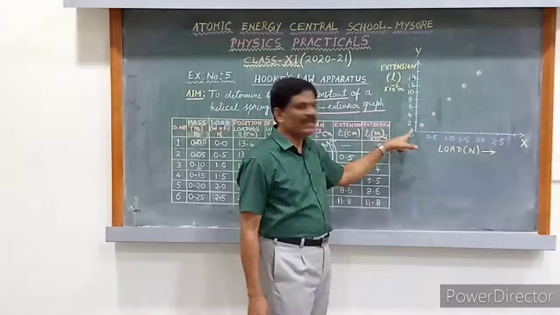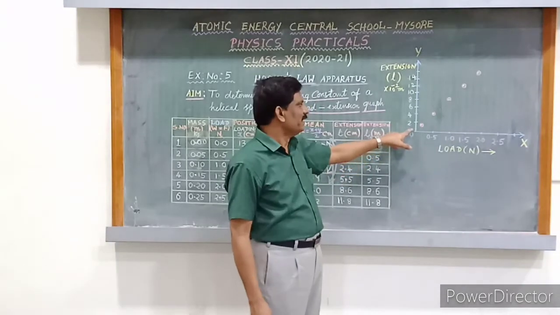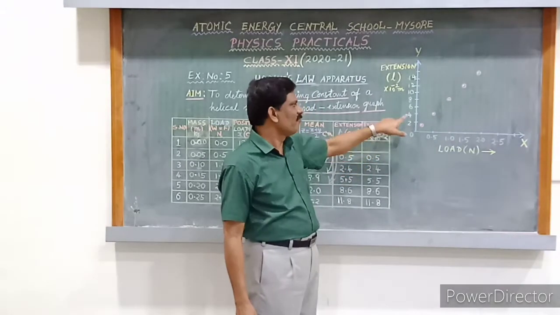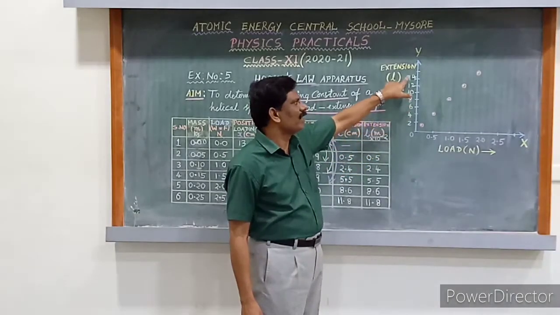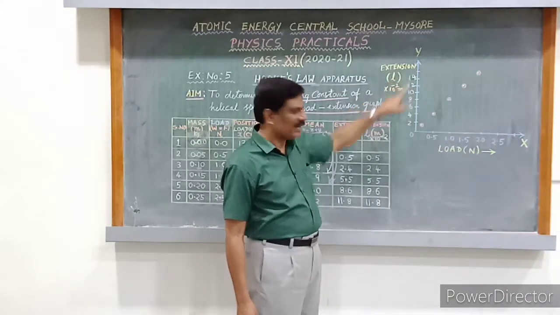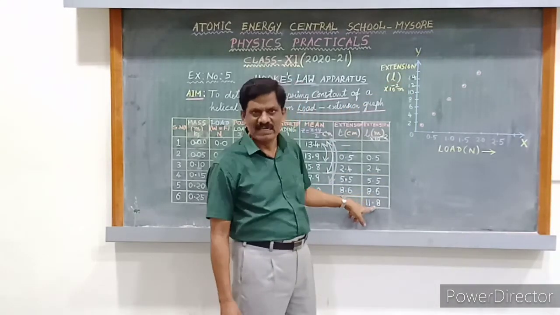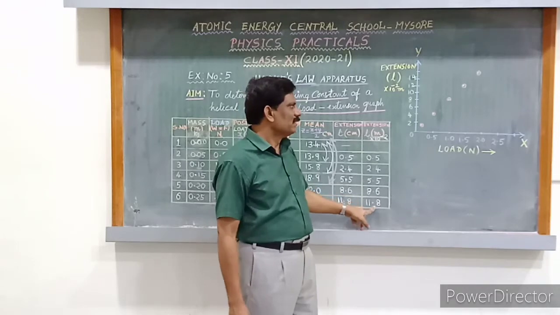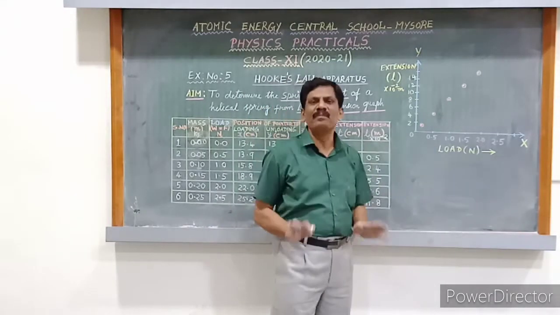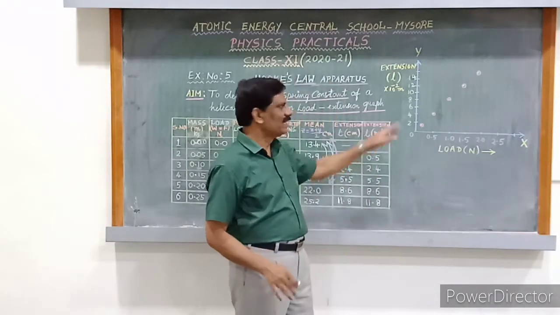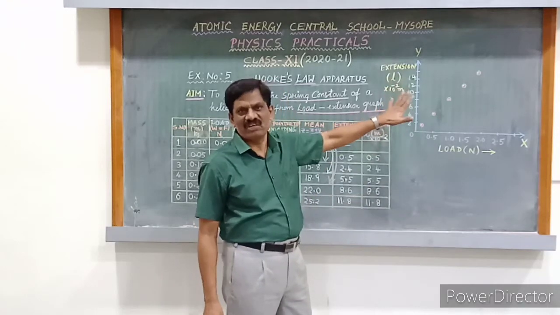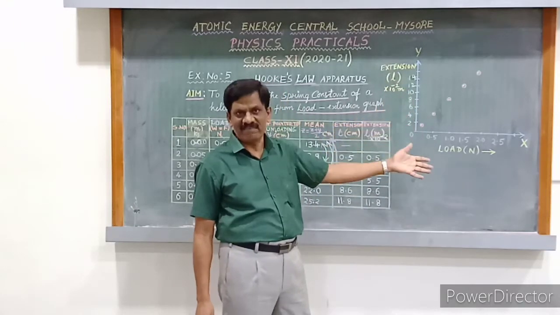So now I have split the y-axis into 2 centimeter, 4, 6, 8, 10, 12, up to 14 I have shown. For us, up to 12 only is sufficient, isn't that? Okay. Now how will the graph be looking? First I will show you the rough sketch of the graph, then the actual graph and calculation I am going